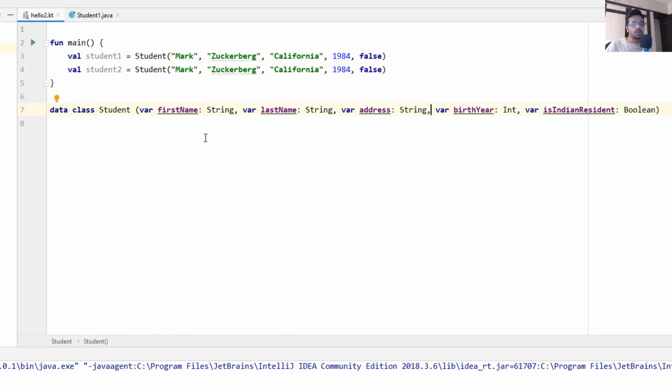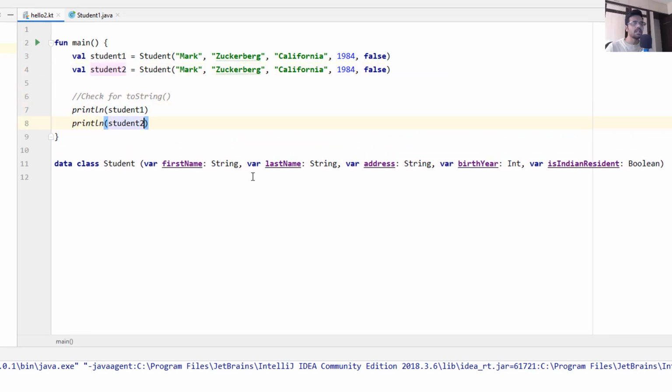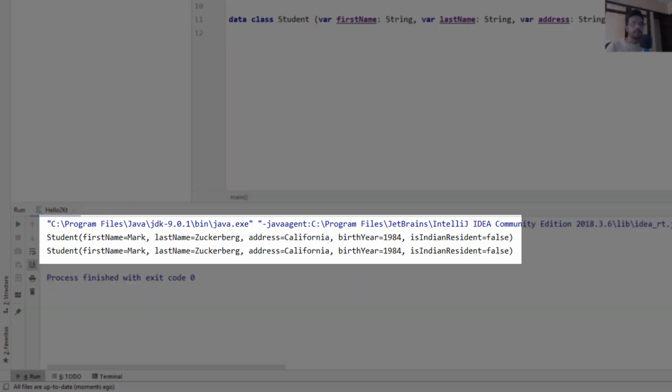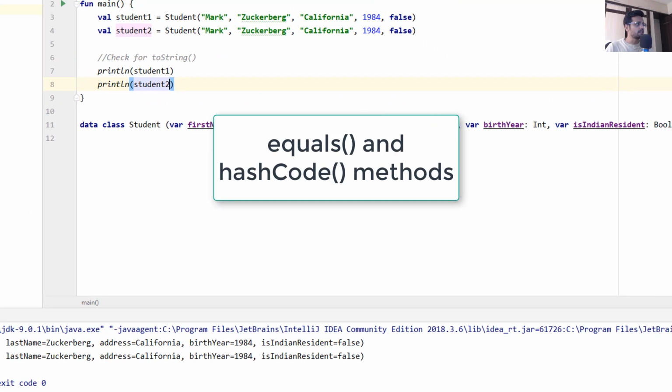First we will see whether toString is present by default. Let's run it. And yes, it has printed the instance properly. Now let's check for equals and hash code methods.